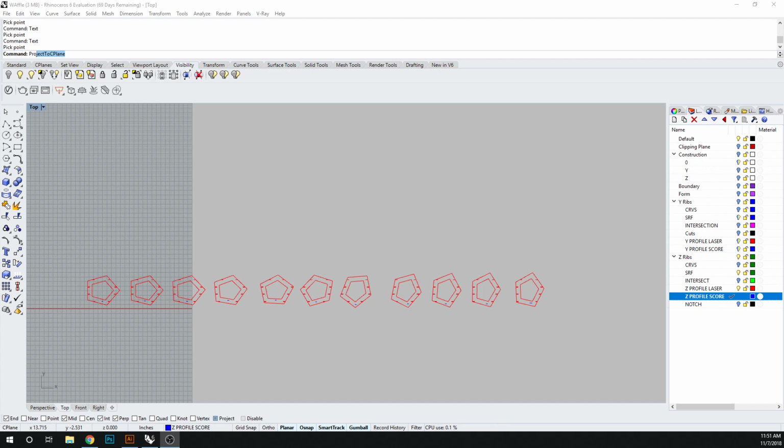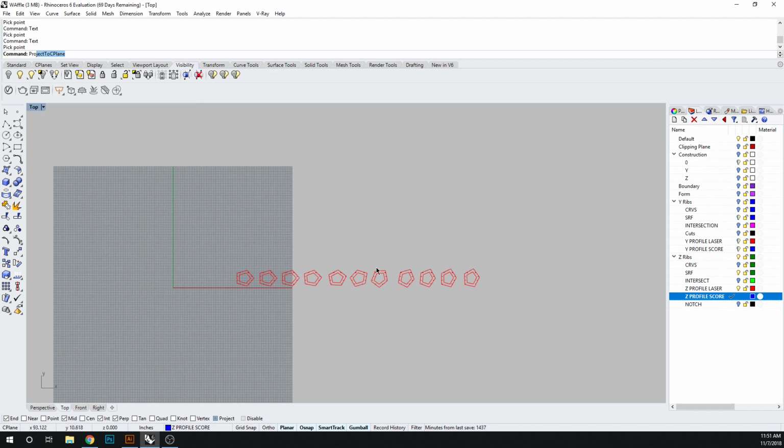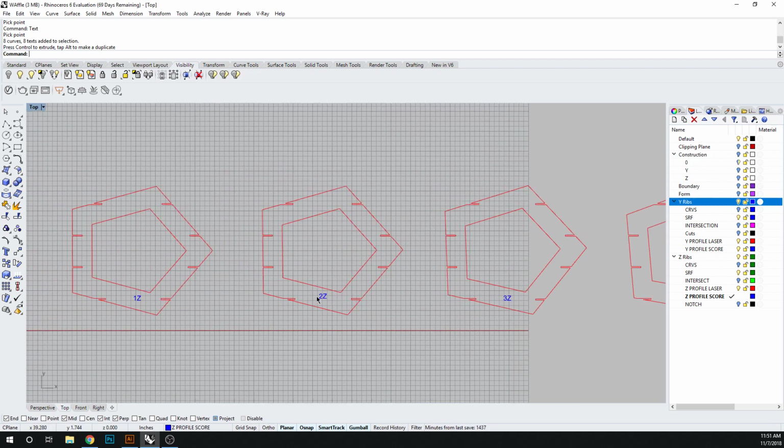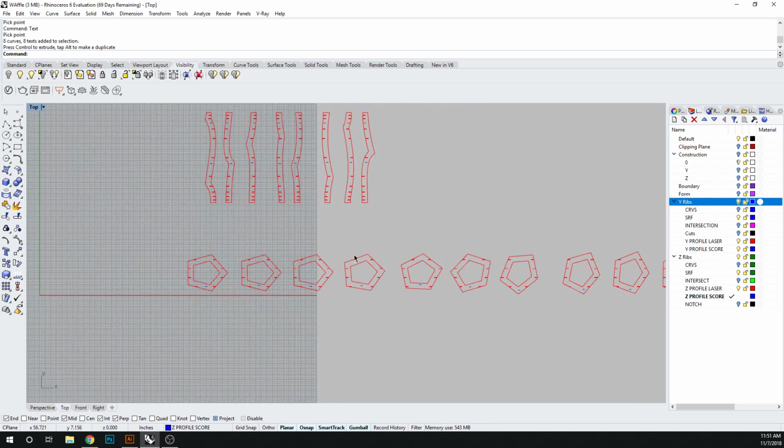So here we're going to work on laying out our cut files. Where we left off was notching and annotating, so let's take a closer look at that. Why don't we turn on both of our cut layers here. So we have our Z's and our Y's, and I have these named so we can begin to